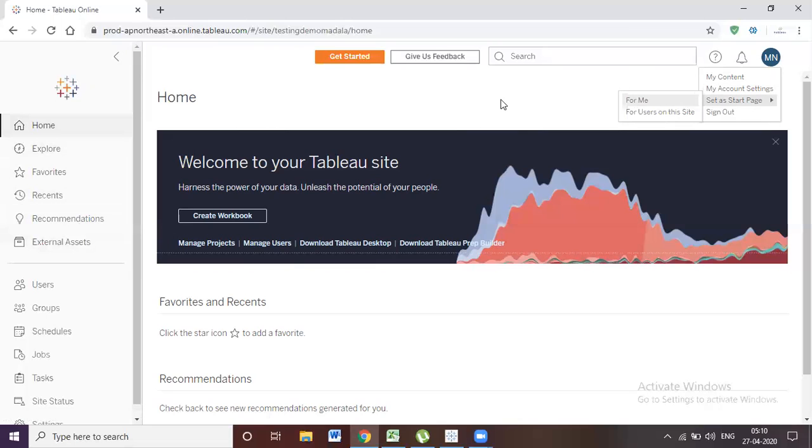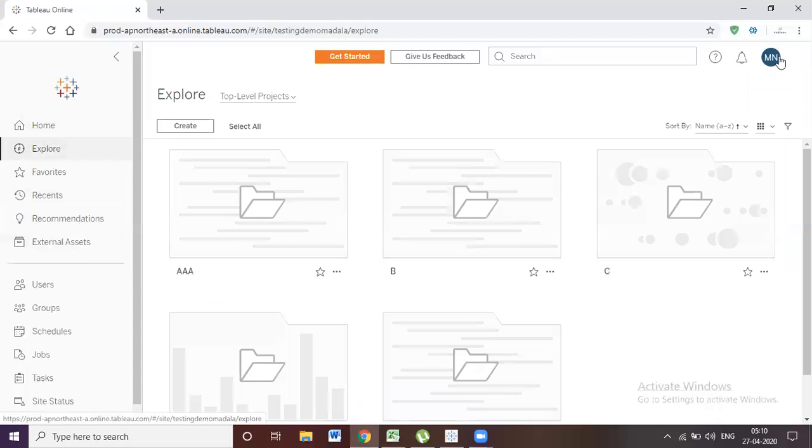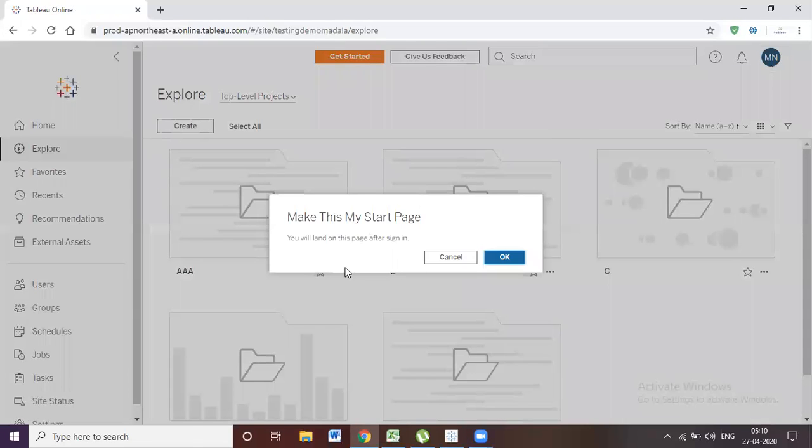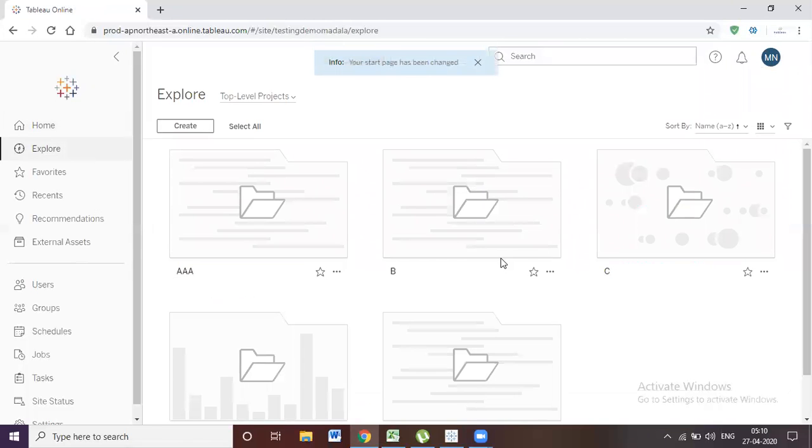Before that, you have to choose any option and go to Settings and For Me. Once you click on it, it will ask, make this my start page. You will land on this page after signing in. Next time onwards, whenever you sign in, the Explore page will be your landing page.